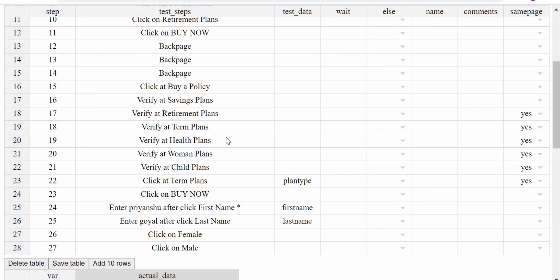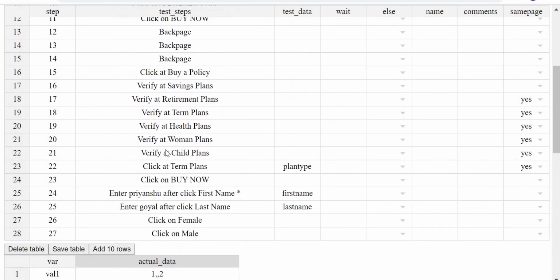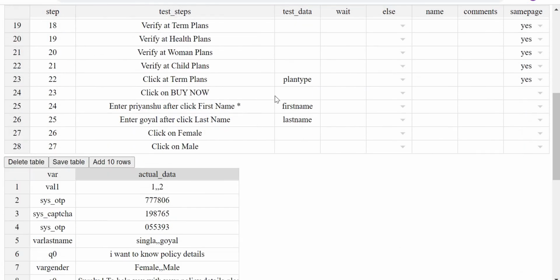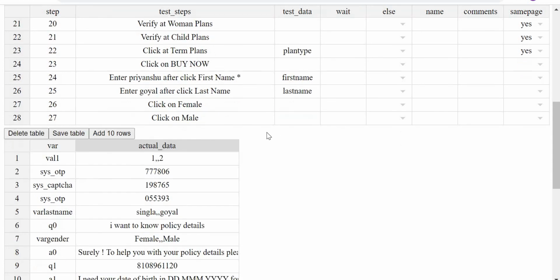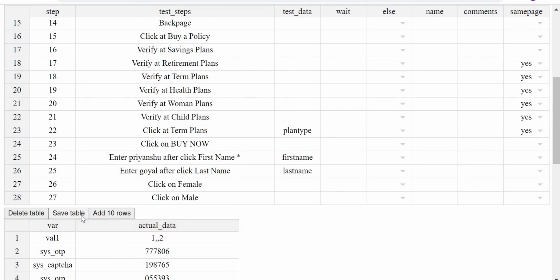There are around 6 7 type of plans, right? We cannot actually go about doing that for each and every plan individually. So that is where reusability factor comes into picture. For reusability, we'll use this test data, wherein in the test data we'll pass on variables, and in variables we'll be assigning values. Hope I am clear. Don't forget to click on save table.